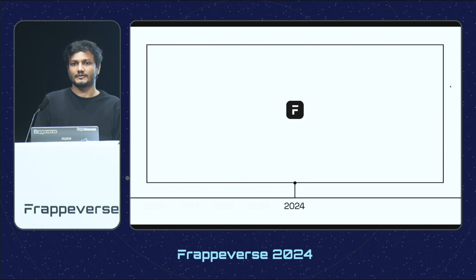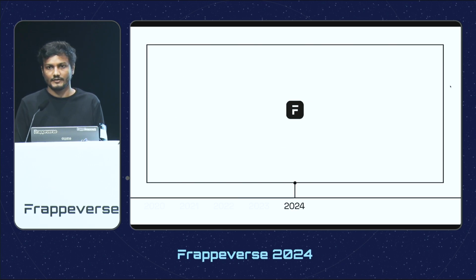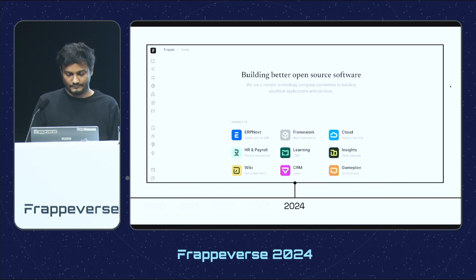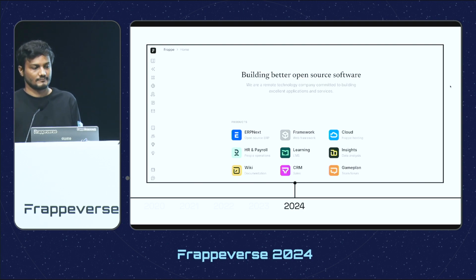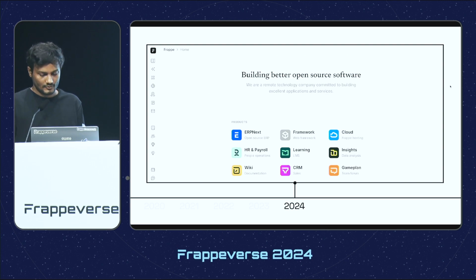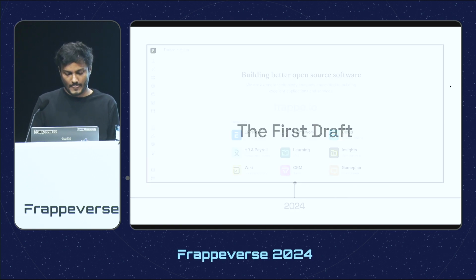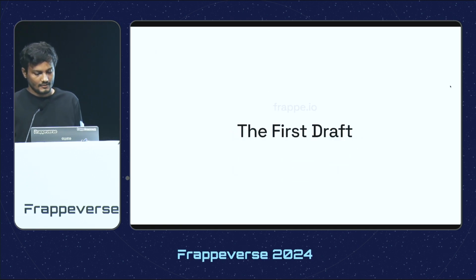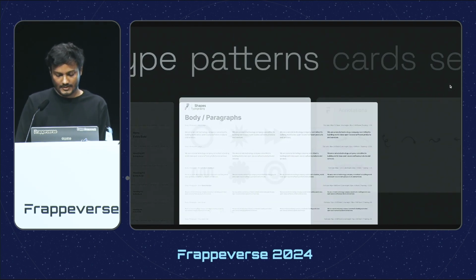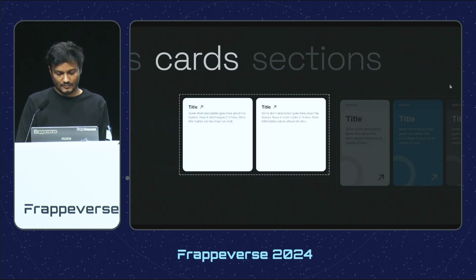So I set out to revamp, which seemed like the most impactful and comprehensive project I had taken up at Frappe. And this is how it looks today. So let me tell you the story of the great redesign of Frappe from 2023 to 2024. And this is going to be some behind the scenes process of our design. I began by working on the primitive components like the typography, the graphic elements, the cards, and more.